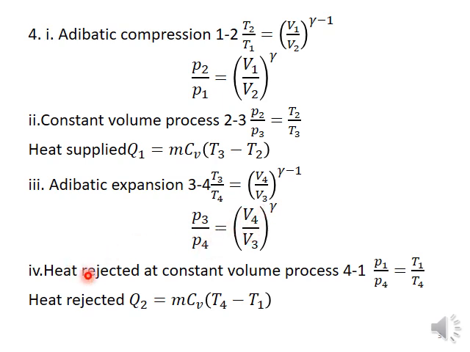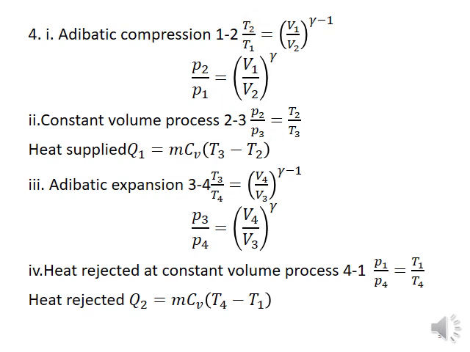And coming to the fourth process, that is a constant volume process, where heat is rejected from the air to the cold body. During the heat rejection we are also maintaining constant volume, and the entropy decreases. Here the entropy decreases, and the pressure and temperature also decrease to the initial state. So after that the cycle is completed. So heat rejected, I am writing as Q2, is equal to mCv (T4 minus T1). So these four formulas are very important to solve the problems of an Otto cycle.